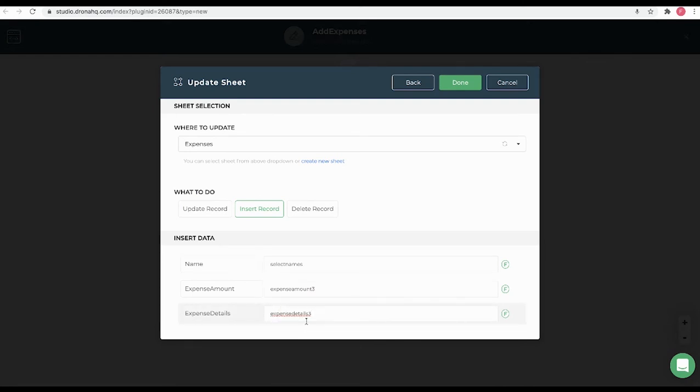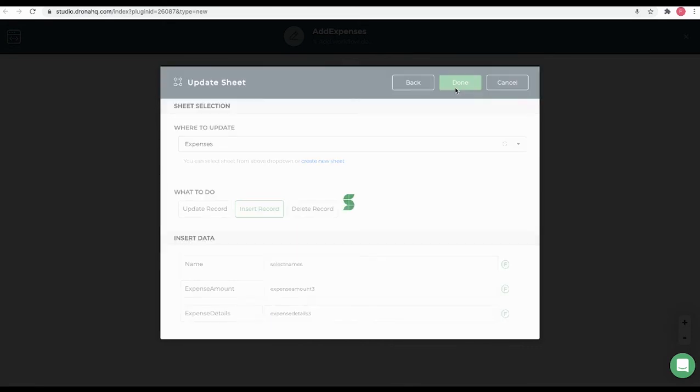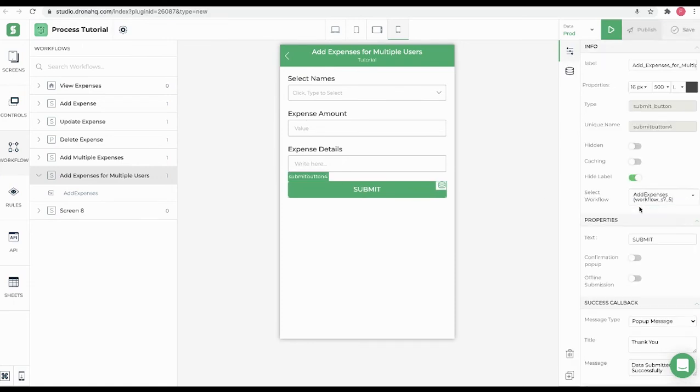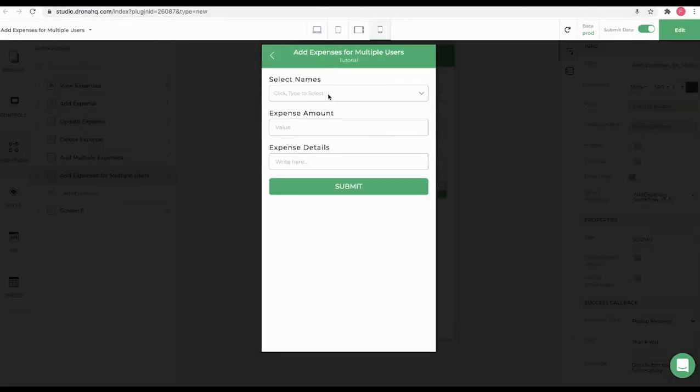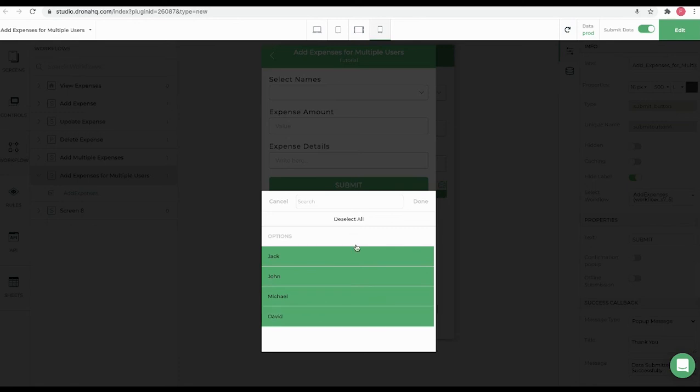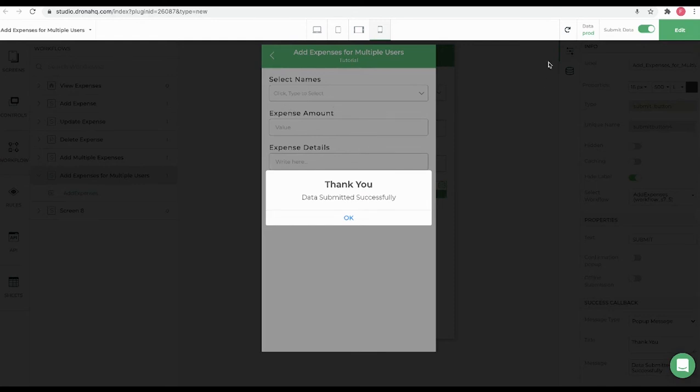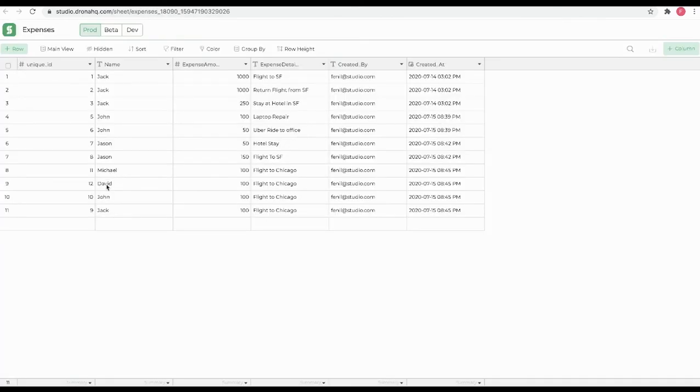Add unique names of expense amount and expense details for the respective columns. Click Done and our workflow is configured. Let's link this workflow to the Submit button and click on Preview. Select all the names and add expense amount and expense details. Let's submit this. Since 4 values of the drop-down were selected, here you can see these 4 different rows being added